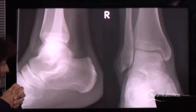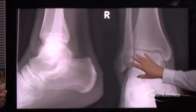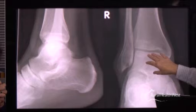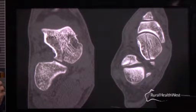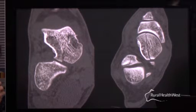So when we're looking at the AP and oblique views of the ankle joint, what we're looking at is obviously to check the malleoli, looking at the talar dome and seeing if there's any osteochondral injuries going on. And this was the patient which had the hemarthrosis, and although it looks very normal, you can look at the talus and say it looks quite normal. When you go on and CT these patients, they'll often have quite significant fractures. So here there's a fracture which runs through the talus and extends to the talonavicular articulation. So very significant fractures are often present in the absence of any X-ray findings,